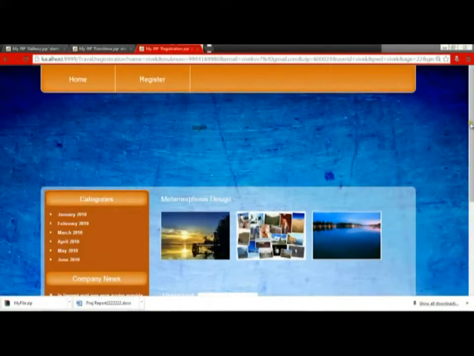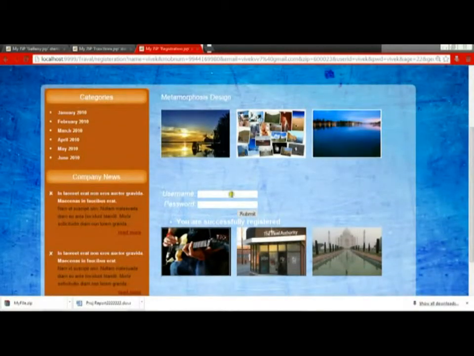The registration process is over. Now we can log in by giving our user ID and password.